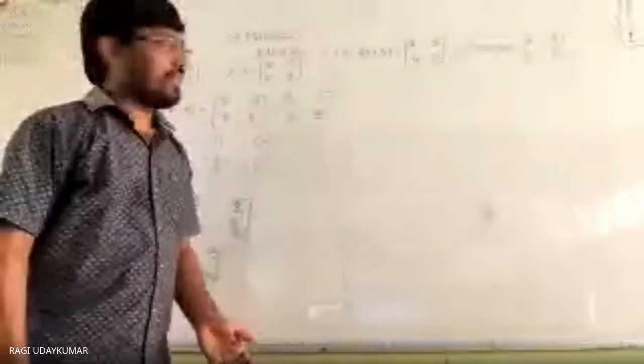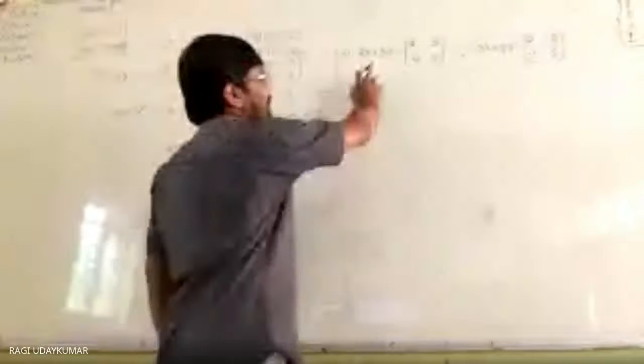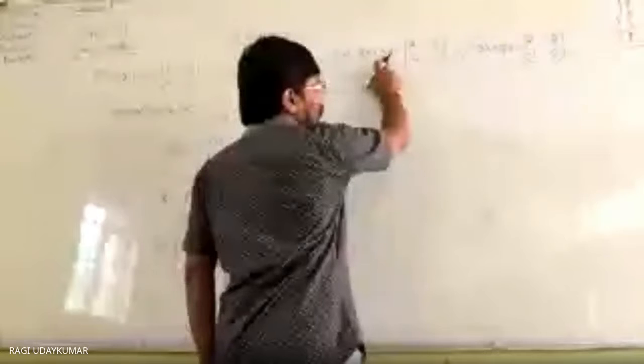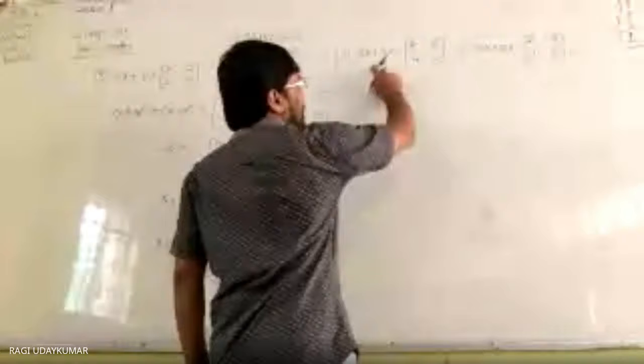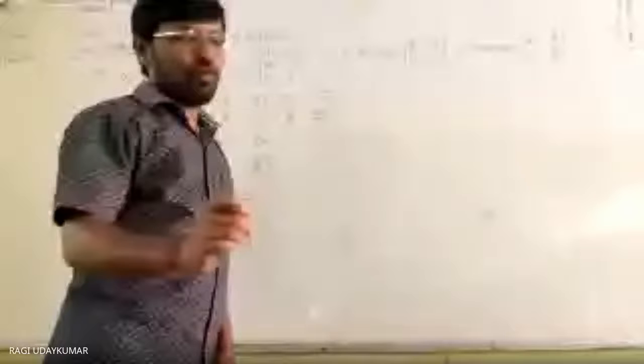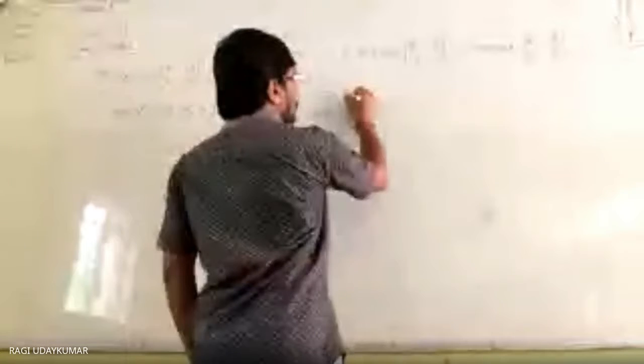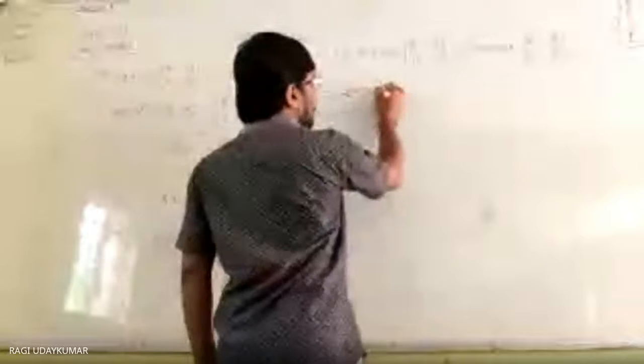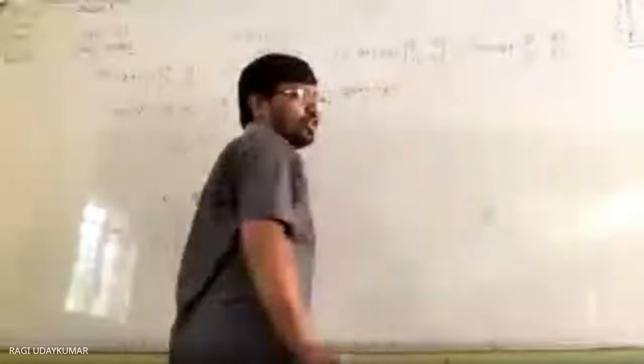Let us make the y coefficient equal. To make the y coefficient equal, multiply this matrix by 2, this whole matrix, this is completely one matrix only. For that matrix you multiply 2, so 2 into 2x plus 3y. Why am I making 2?